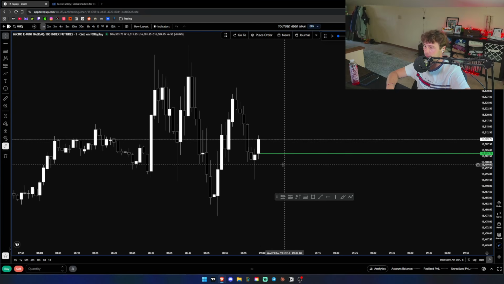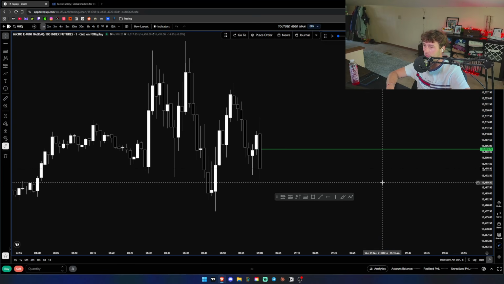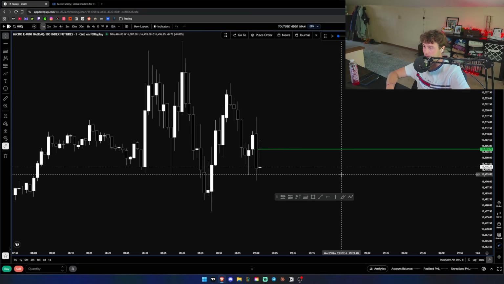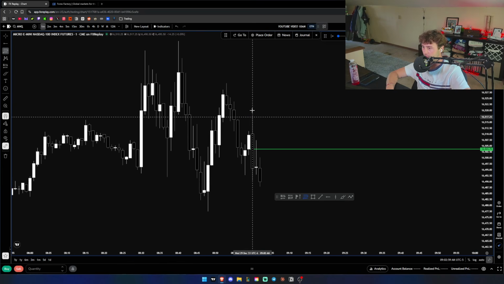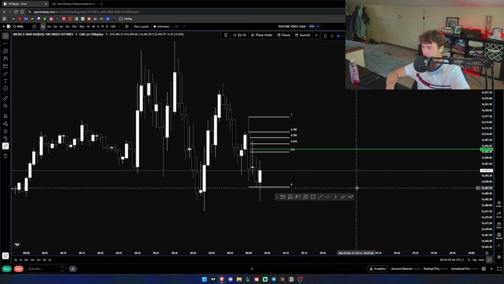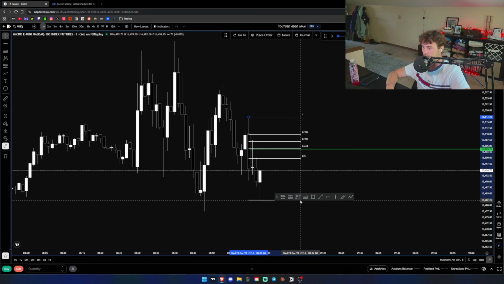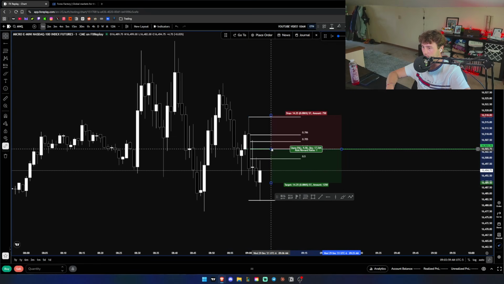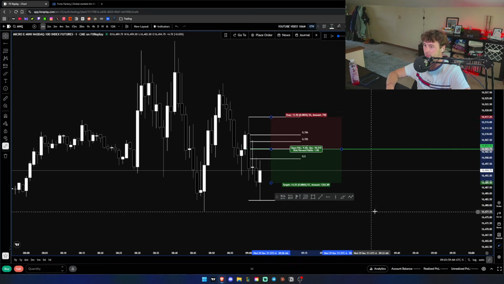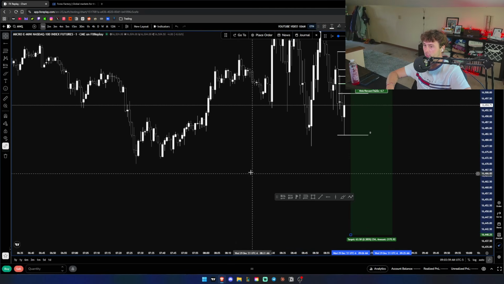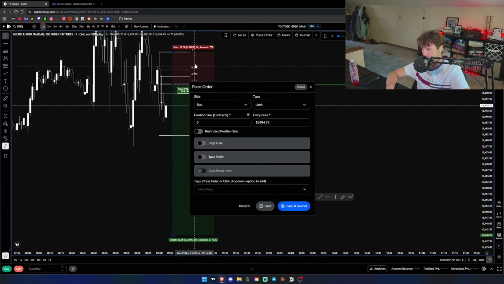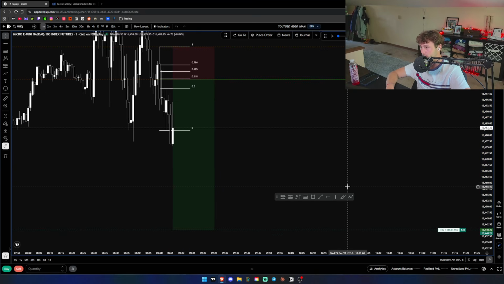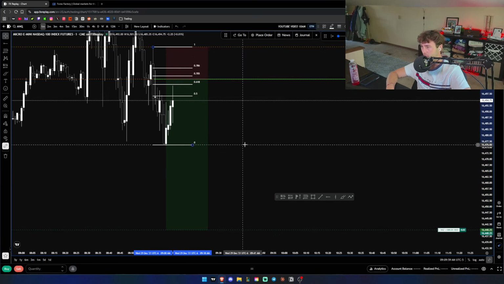Okay, low-key this looks damn good for longs right now. Never mind, I'm capping. Looks pretty good for shorts here, I guess. Not really. Now it does. We'll short this bad boy, stop at the high, 13-point stop. Nuke the TP. Place order right here, save that bad boy, and not great.